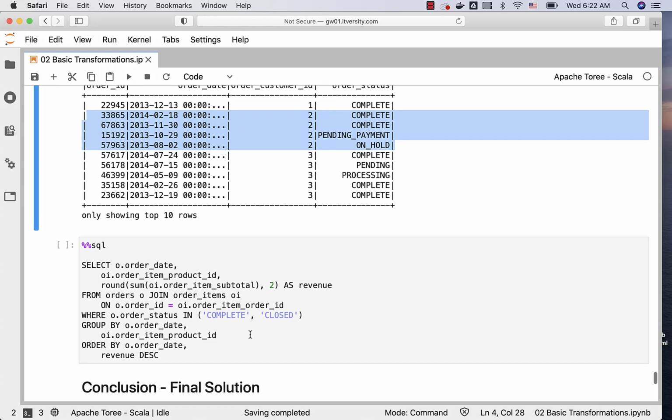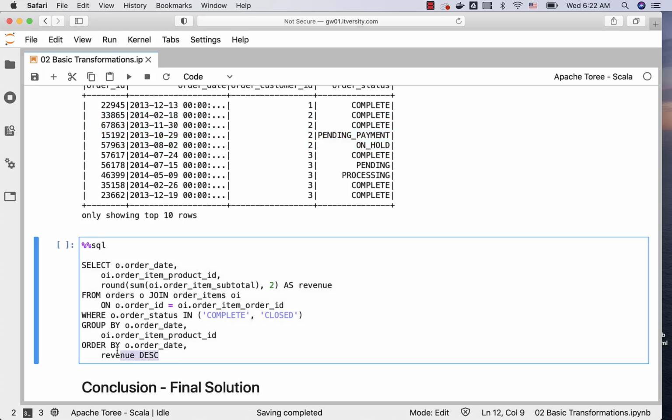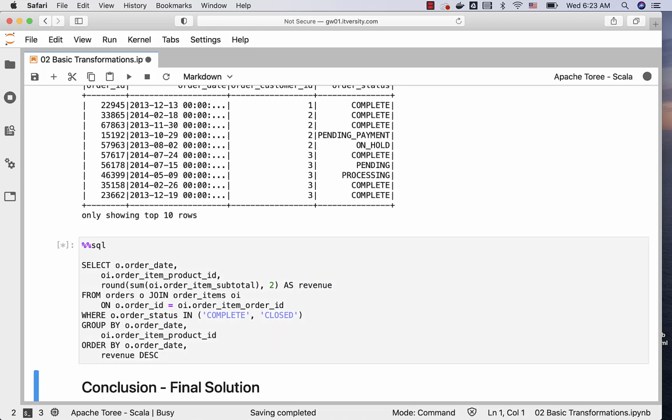Now when it comes to our original problem statement, we have computed daily product revenue, and if I want to get the results in ascending order by date and then descending order by revenue, then as part of the order by, we just have to say o.order_date, comma, revenue DESC. Unlike the where clause, you can actually specify the expression, which is nothing but this one, or the alias as part of the order by. So in this case we are using the alias, and we can say revenue DESC like this, and we should be able to see the results.